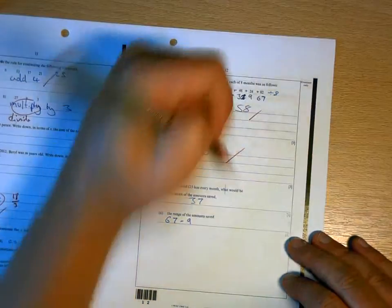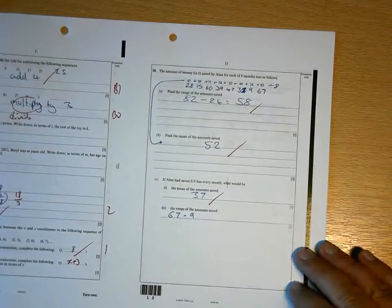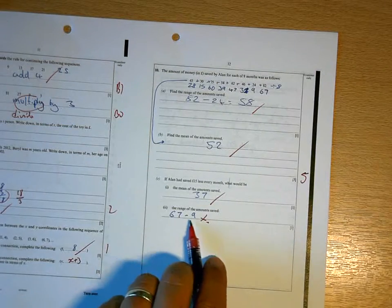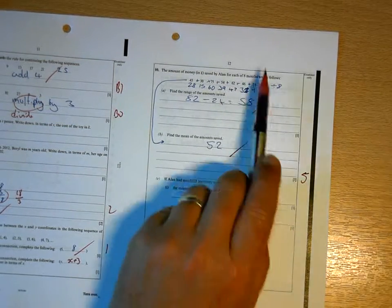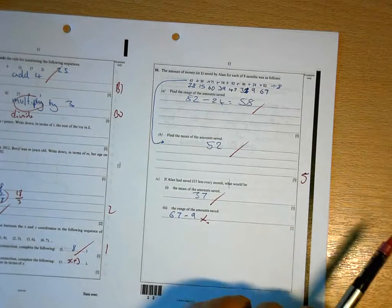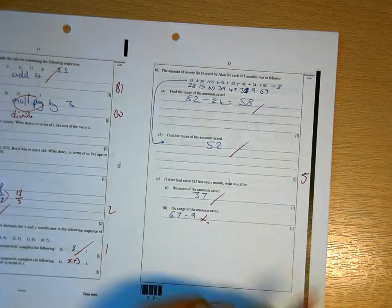58 is the range, 52 is the mean, 37 is correct. So 5 marks there. This one is wrong. Basically, because 15 has come off all of those values, the difference between the smallest value and the largest value will be the same. So 5,